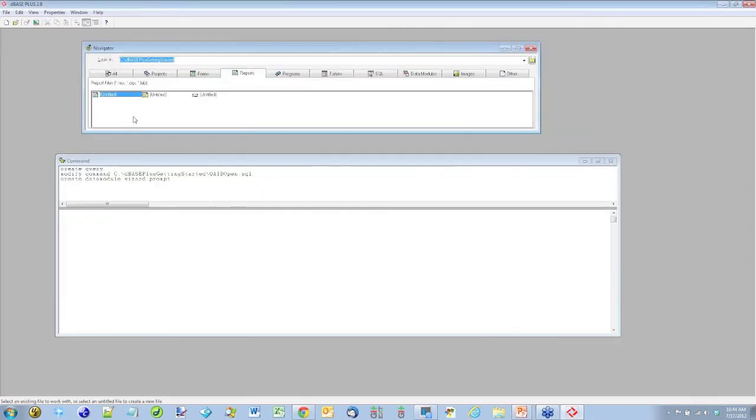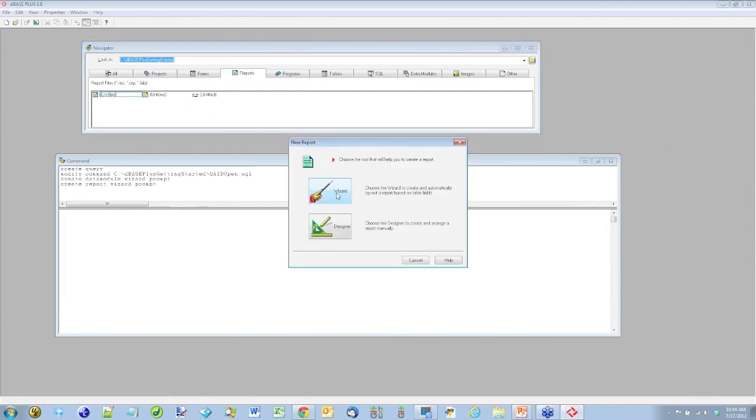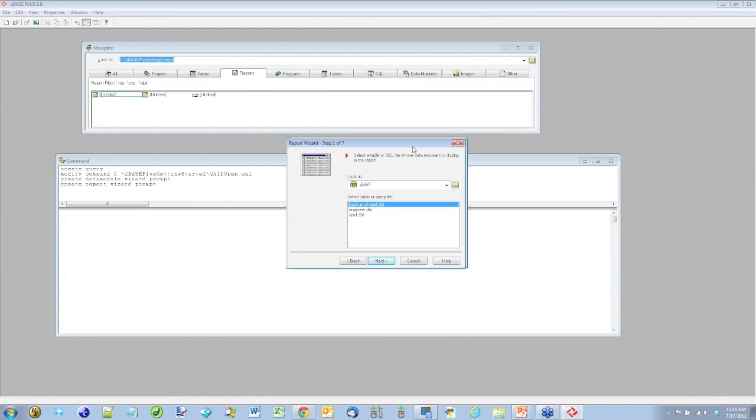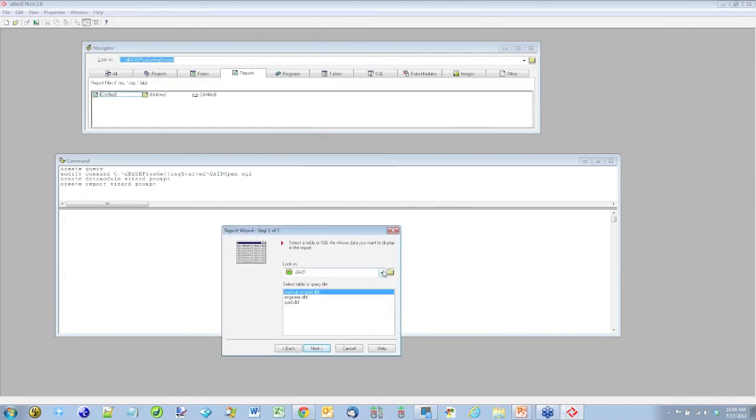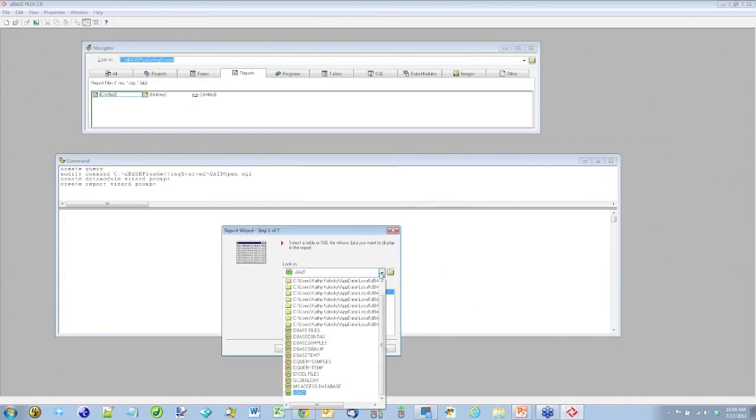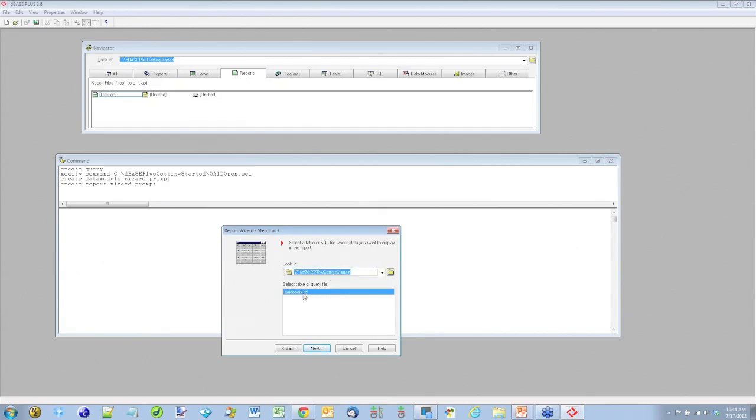Okay, so I'm going to go into the Report tab here, and I'm going to start a new report, and I'm going to go ahead and use the wizard this time. Now, I don't want to use raw tables. What I want to use is that SQL file that we created earlier. So I'm going to go to the directory, and that QAID Open SQL is what I want to use for the report. So we'll go Next,